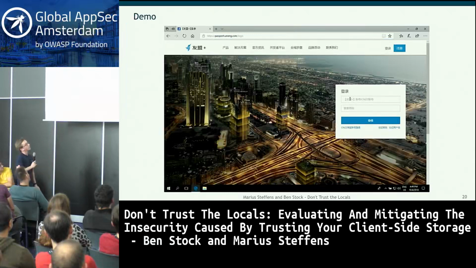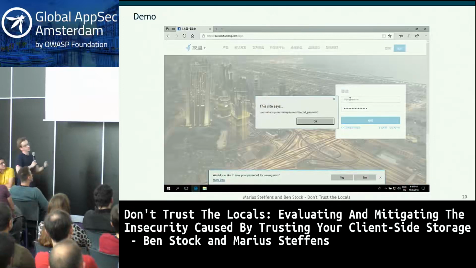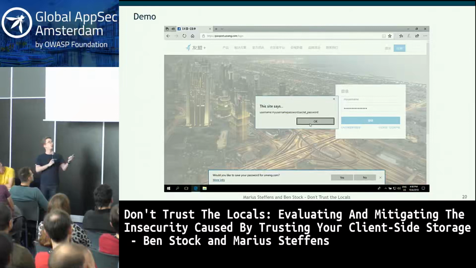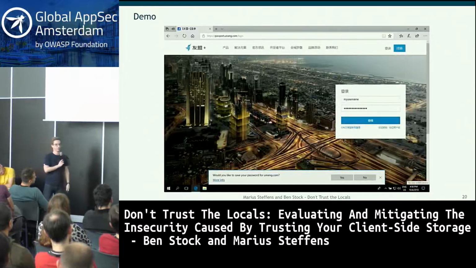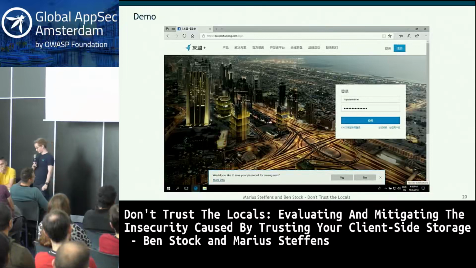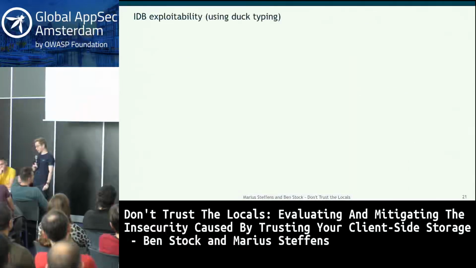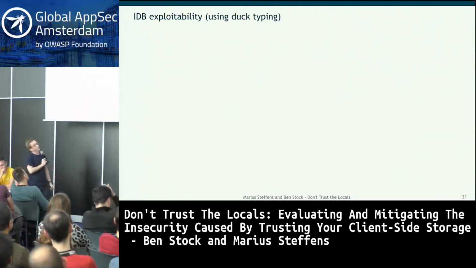And what we've now done is planted the payload. Our payload injected a keylogging functionality. And in this way, we'll soon alert the credentials of the user. But naturally, this could be anything. You can send the credentials to your server, and obviously be a little bit more stealthy than we are here. And I promised you that we are also having a look at IndexedDB exploitability, and that's what we are going to do now.